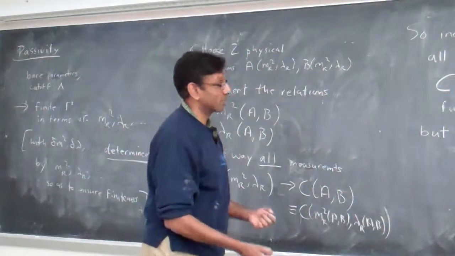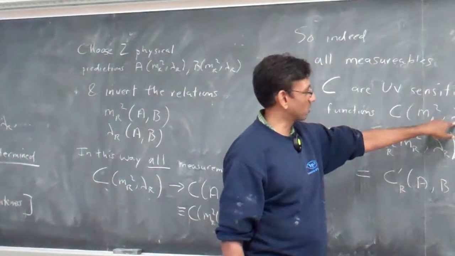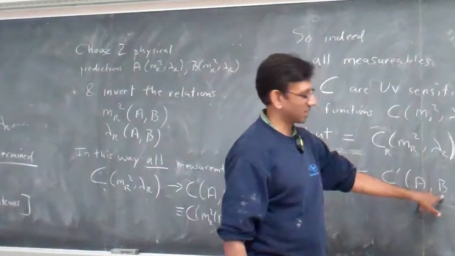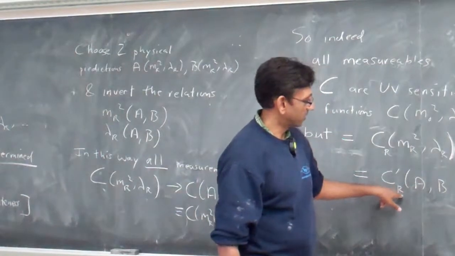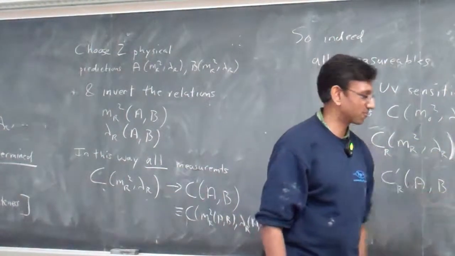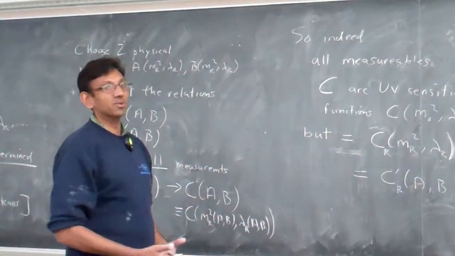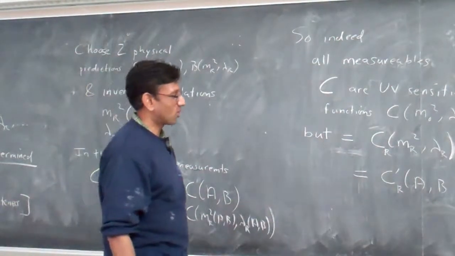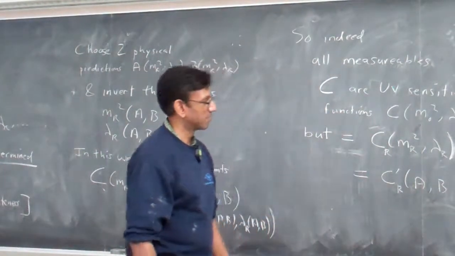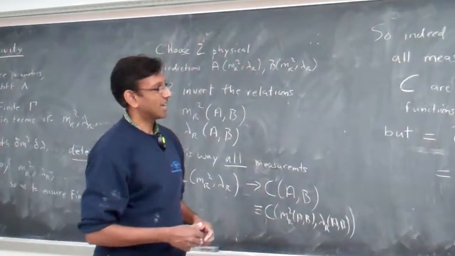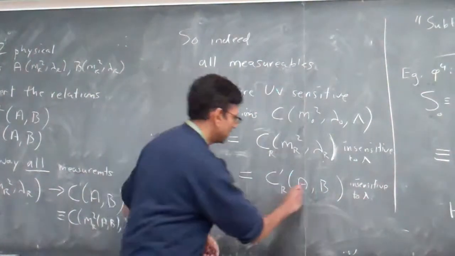So it's the trade of who are your independent variables. Are you going to make your independent variables some abstract thing in a path integral that you never go out and measure? Or two things that you can measure and then predict everything else? And if you take this approach, then you're insensitive to the cutoff, and you can, in fact, take the cutoff to infinity and say you define your theory as a way of correlating observables, which is all that we ever want to do. We are correlating an infinite number of observables in terms of just two inputs. Okay? So that's the game, and this is what I mean by the passive observation,